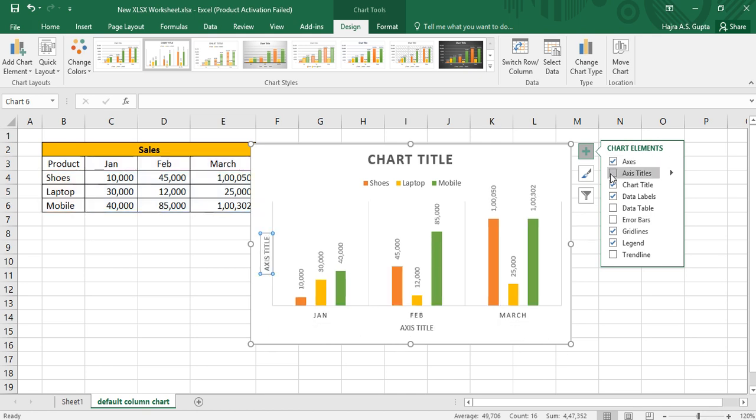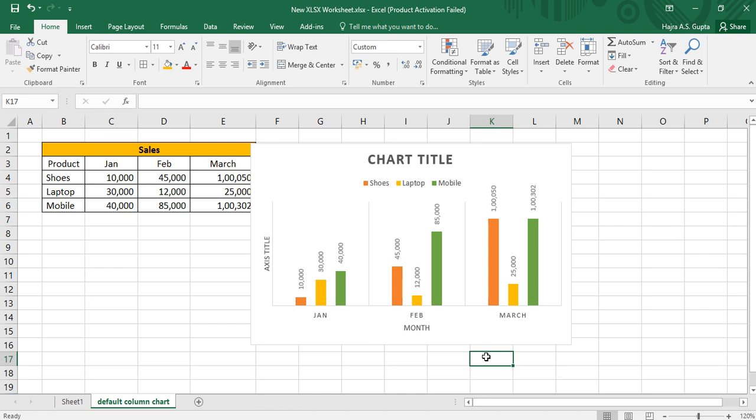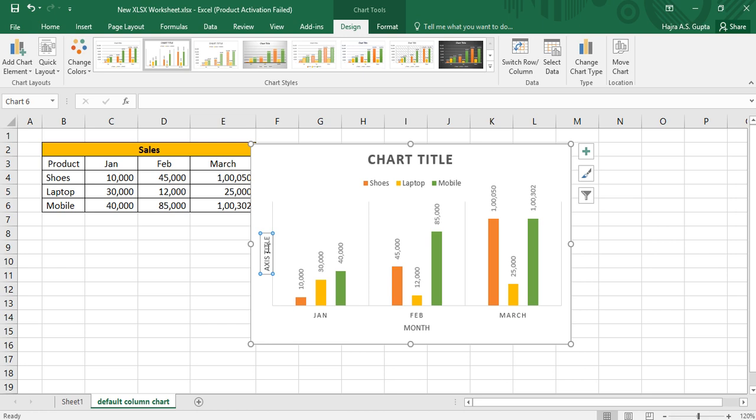Now if I click on axis title, you see that the axis title panel has appeared here. So a checkbox indicates that the title is there. Remove the checkbox, title goes away. So let's give some title here. Now to give the title, what you can do is just click on this axis title box once and just start writing. So let's say I will give this as month and I will go outside and click anywhere. So see that now the axis has been labeled. I'll do the same here. I'll write down price and click outside and see that my axes have been labeled.